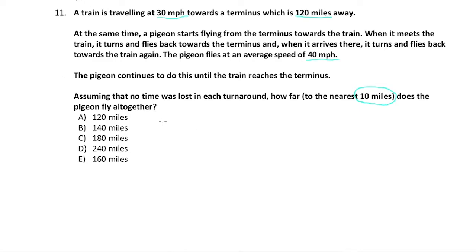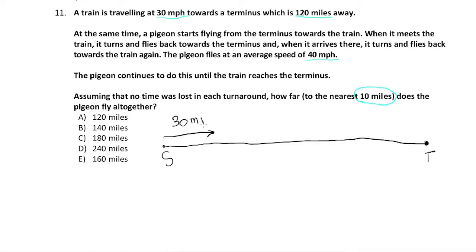Okay, let's actually think about what we have here. So we know that the train is traveling from a starting point toward a final point that is the terminus. So we can call the starting point S, and the terminus we can call T, like terminal point. We know that our train is traveling at a speed of